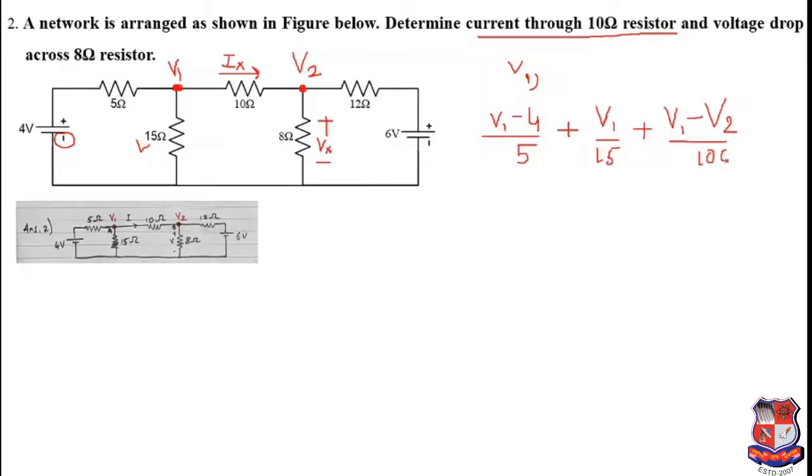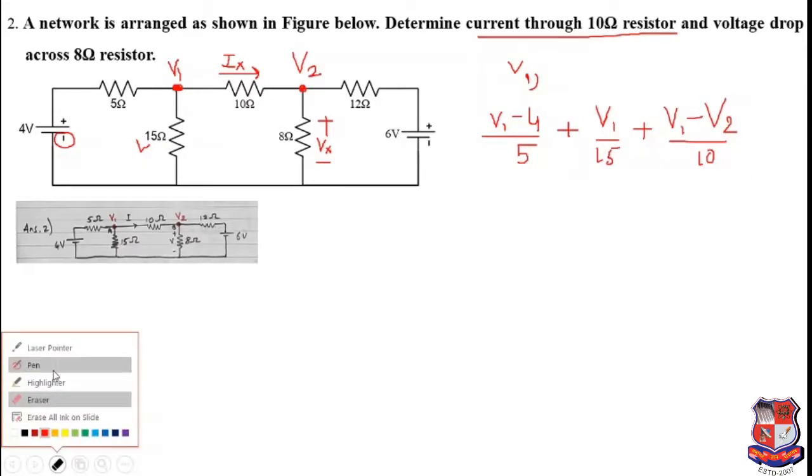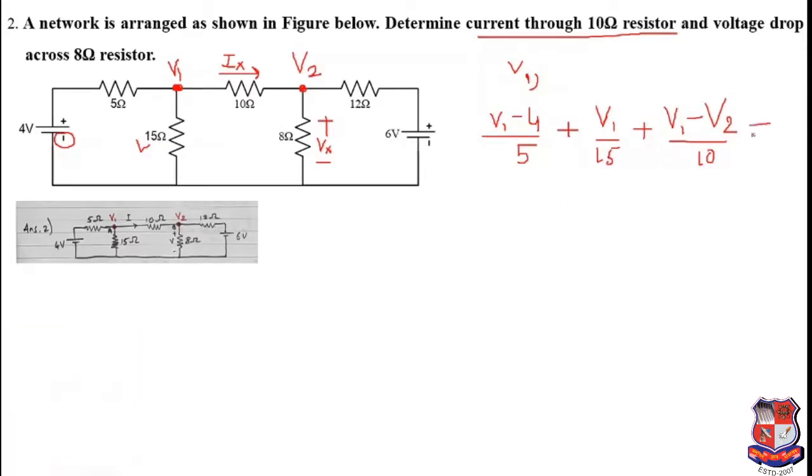Okay, 10. I will have to erase this part. So removing this part. Okay. So this would be the equation, and this whole thing will be equals to 0. Yes or no? So this will be equals to 0. So this is nothing but KCL, summation of all currents which are incoming or outgoing will be equals to 0.